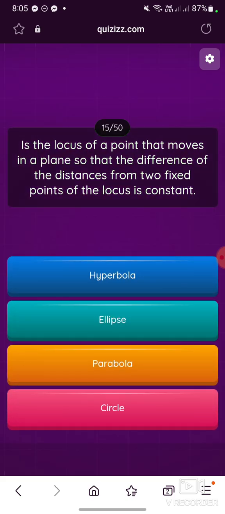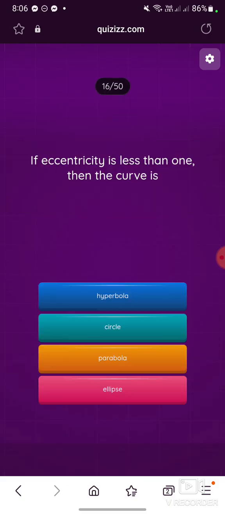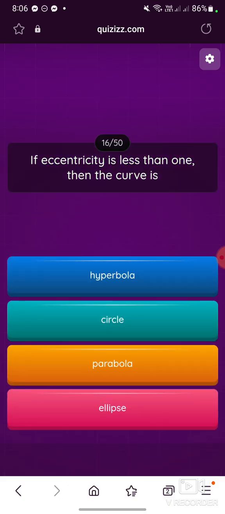It is the locus of a point that moves in a plane so that the difference of the distances from two fixed points of the locus is constant. If eccentricity is less than 1, then the curve is